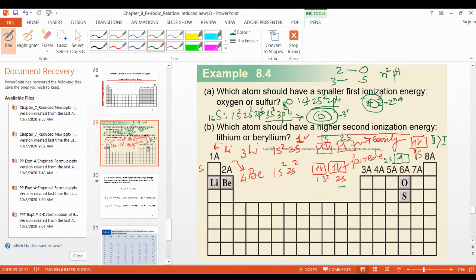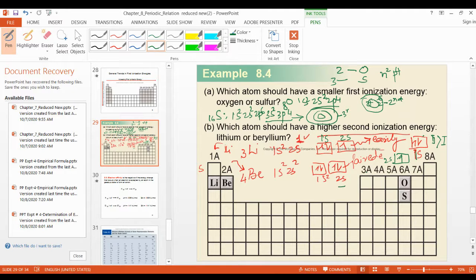This is second s. So what do you understand about these things? Just tell me now, please. First you tell me the first ionization energy, which one is high or low. Then the second question is the second ionization energy, which one is high or low. Tell me one by one. Doctor, please, can you repeat the last point? How can I find the second ionization energy?